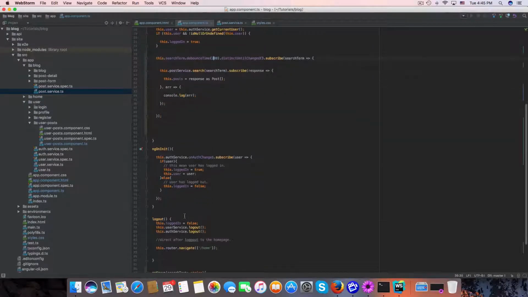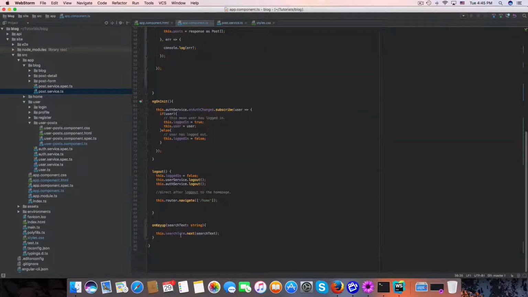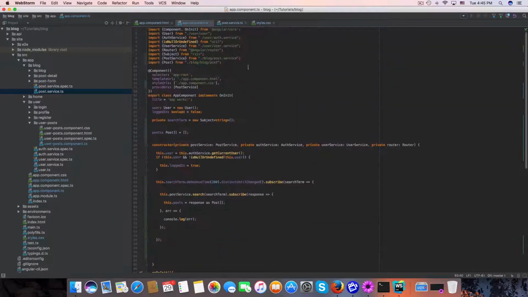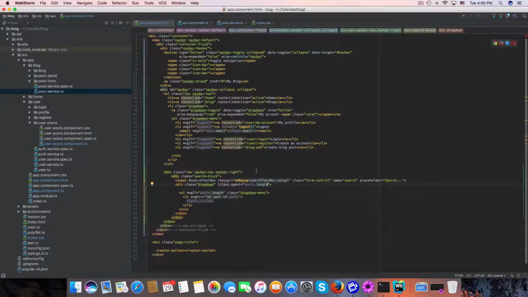By on key up, if search is not empty, we do here. And now how do we do a click, if the user clicks on the post title,